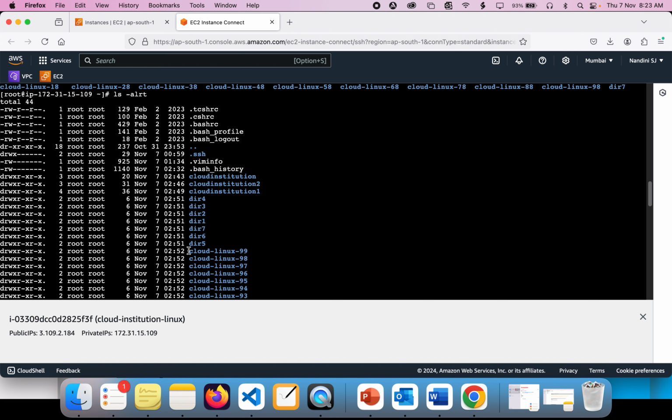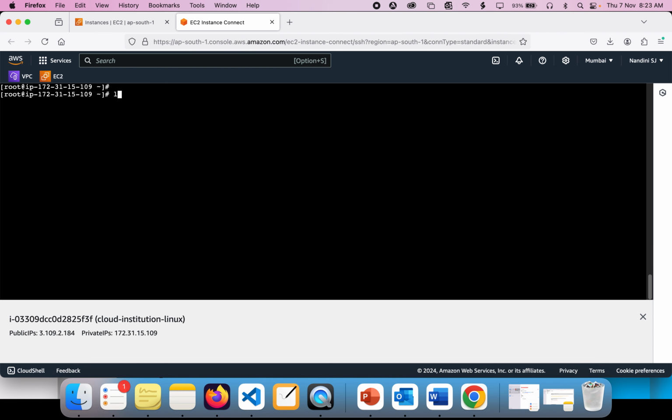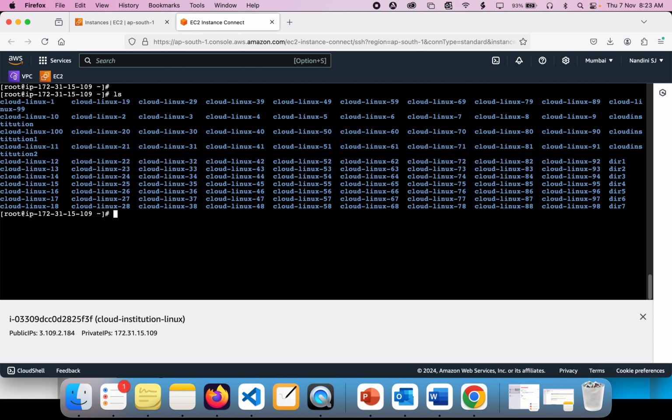So the file names from 1 to 100 have been created. This is how you can create multiple folders, and you can also create multiple files as well. With this syntax, you can create multiple folders like this. Now you can also delete the same thing like this,